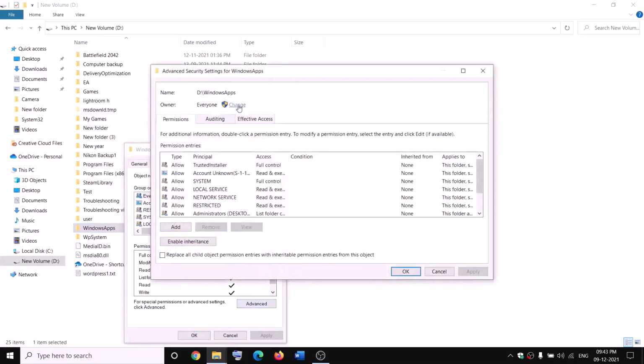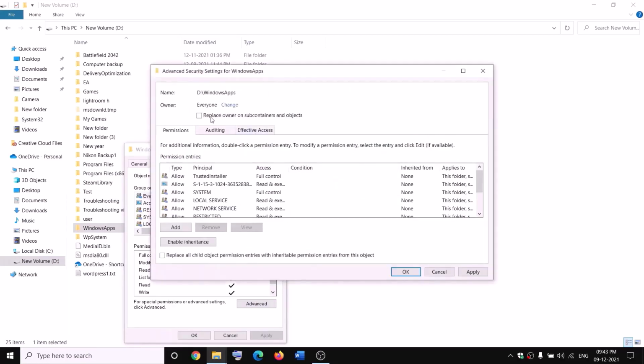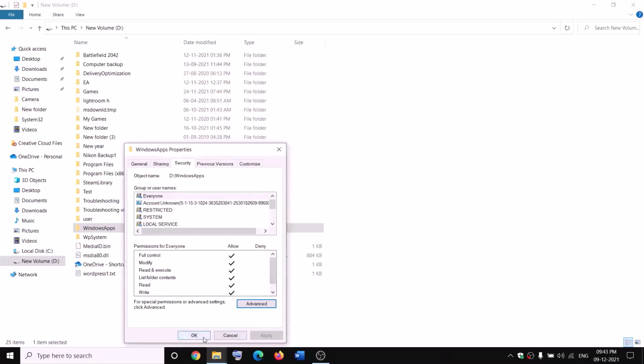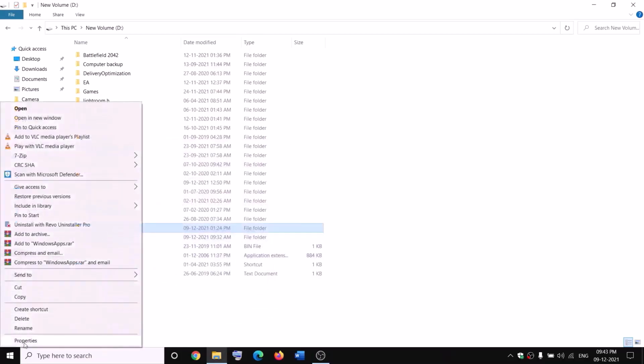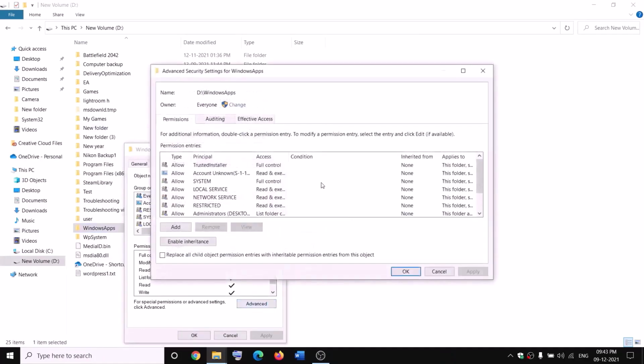Now click on Change over here, type in Everyone in the box. Click on Check Names, then click OK. Now put a check on the box which says Replace owner on subcontainers and objects, and then click on Apply. OK, OK, again OK. Again right-click on WindowsApps, select Properties, Security tab, Advanced, and this time